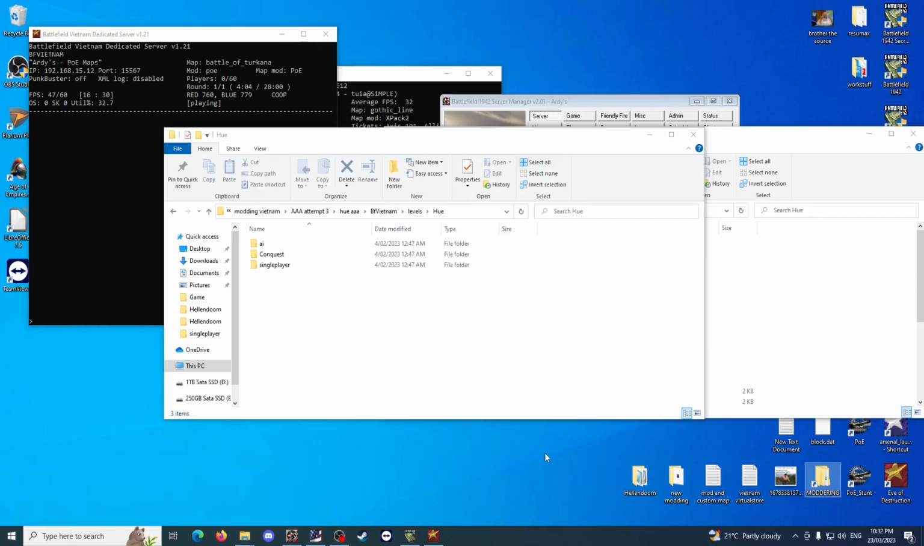Alright guys, the last thing I wanted to cover with 1942 and Vietnam RFA editing was getting air vehicles to function on maps that they're not previously on. Now I haven't actually played around with this in 1942, so I don't know if it matters there, but I'm assuming it possibly does. But I know for sure you're going to need this if, say, you're adding air vehicles to any of the land maps in Vietnam that don't have any helis or any jets at all on them